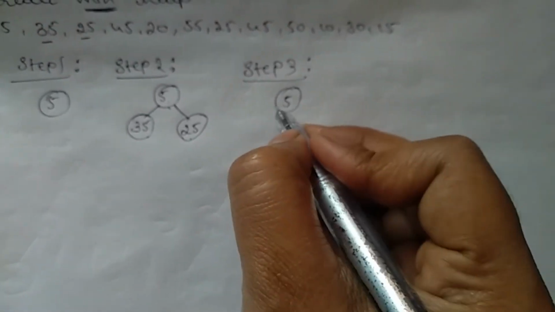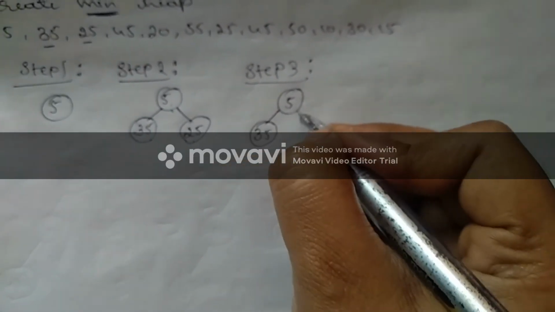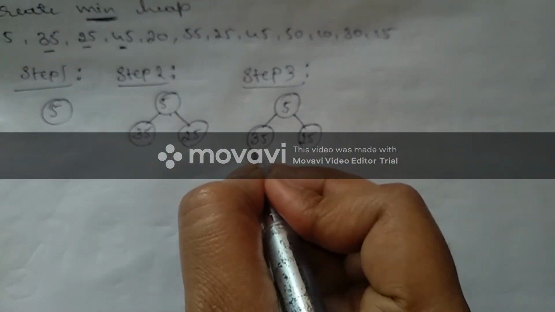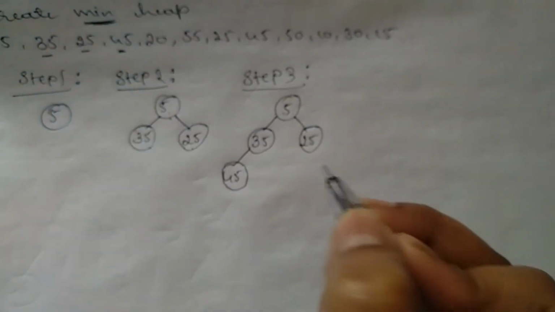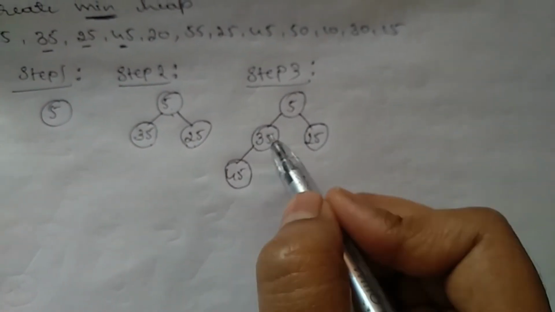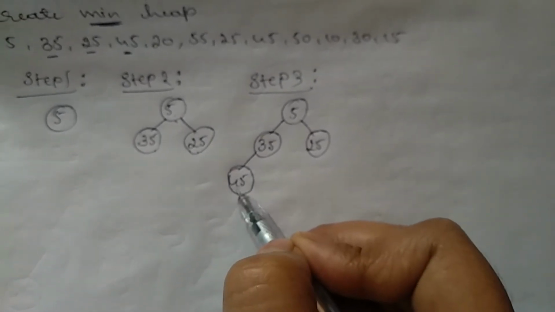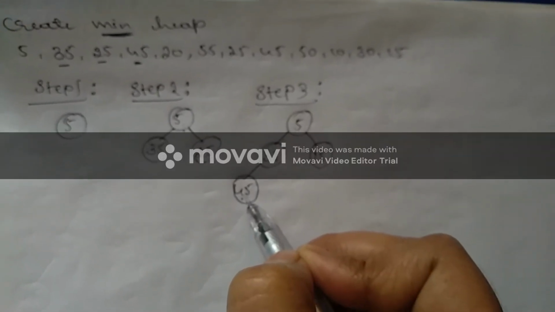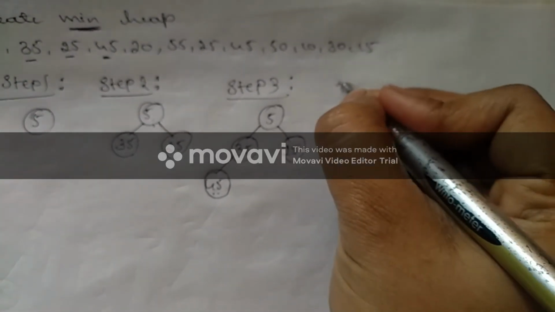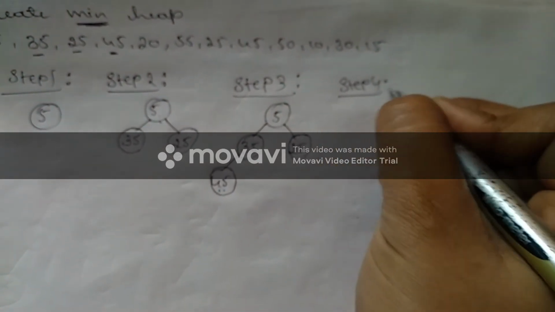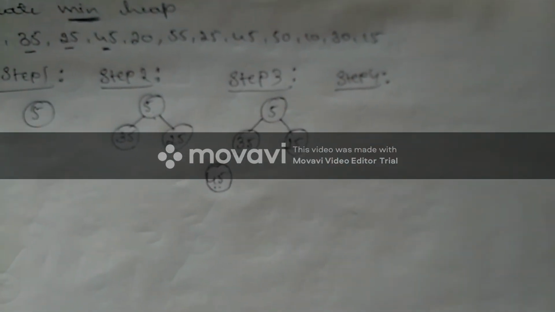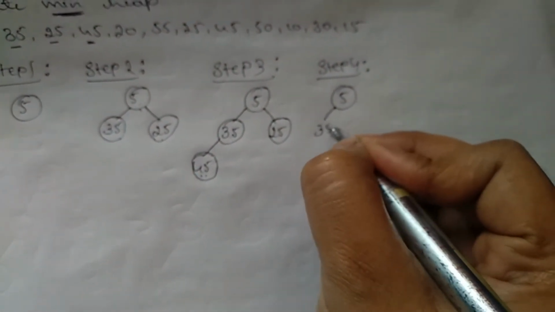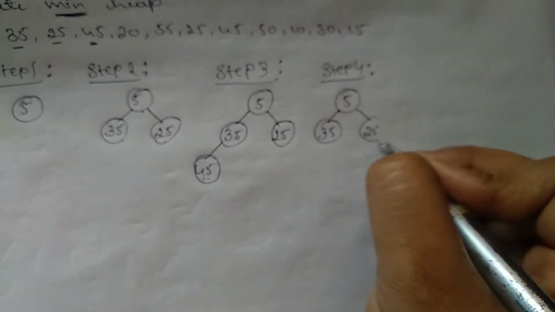I'll just retain as it is 5, 35, 25. Which is the next element? It is 45. Towards left of 35, I'll insert 45. You just check here, 35 and 45. 35 is minimum than 45. Yes, so no need to change because parent should be minimum than its children. So no need to exchange. Then I'll go for step 4. In step 4, I'll just write this one, 5, 35, 25,